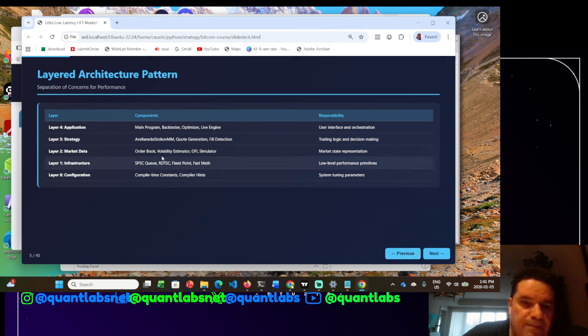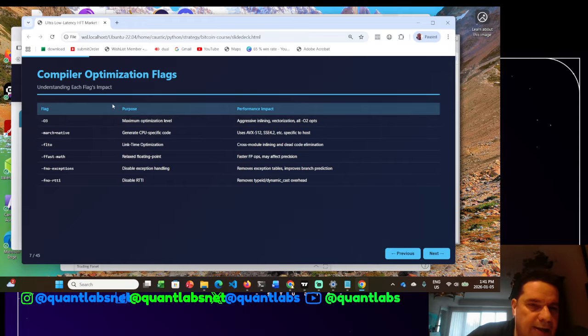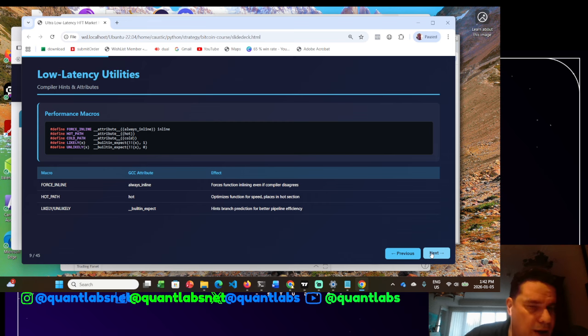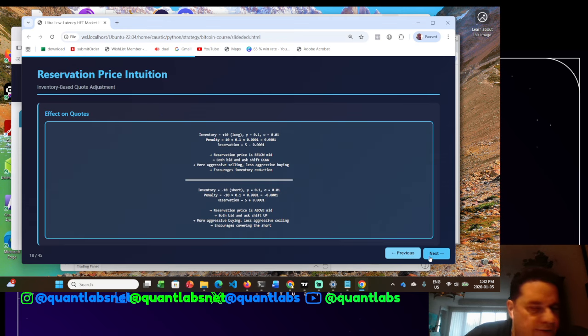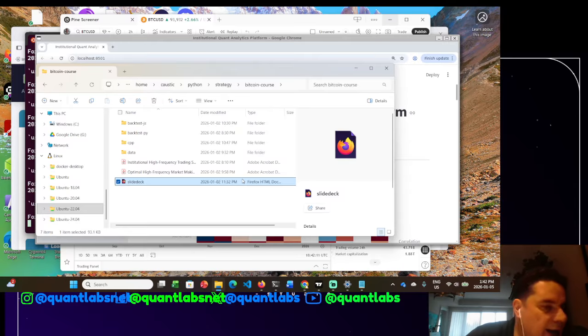AI as it stands. So you see here we've got multiple different layers, the order book, and the coding samples. Again, 100% AI. Here are the compiler flags to get the best performance. And again, you can combine FPGA coding to really boost it, or just keep it in C++. There are many, many techniques if you were to take this C++ program into direct market access, say CME and Aurora, whatever. But you can see here, it breaks down all the coding step by step in this code that I'm about to show you. That's how advanced it is, and that's why I have what I have.